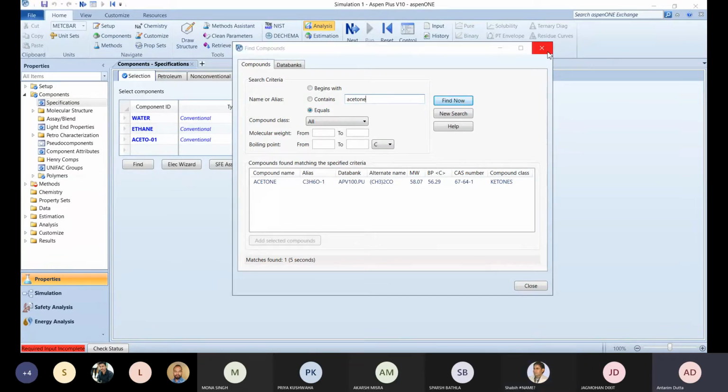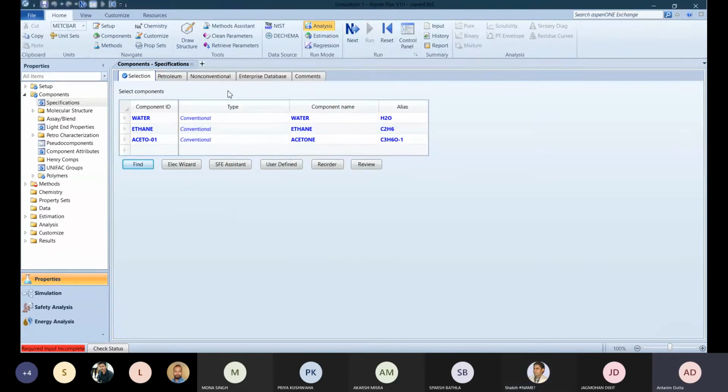So this is the way by which you can add your component. For the time being I have added three components, but later on I will change this if I deal with some problem. You can see earlier this setup and component item had a half white, half red circled symbol, meaning the required input is not provided. But now I have selected the component, so you can see this folder has a green blue tick with it. That means all the required input is completed, so you can move to the next step.